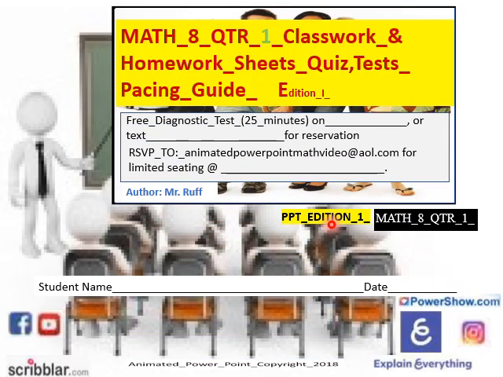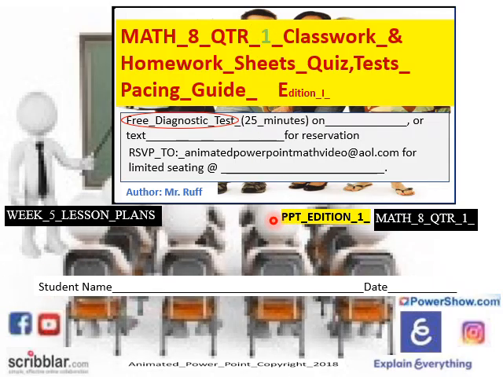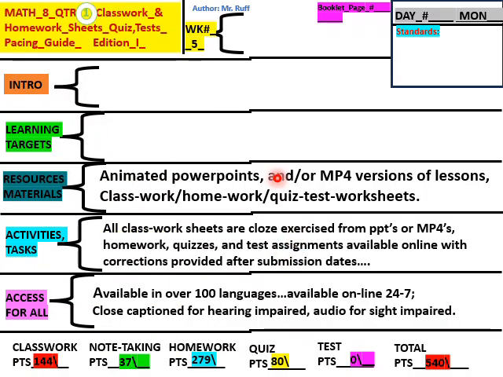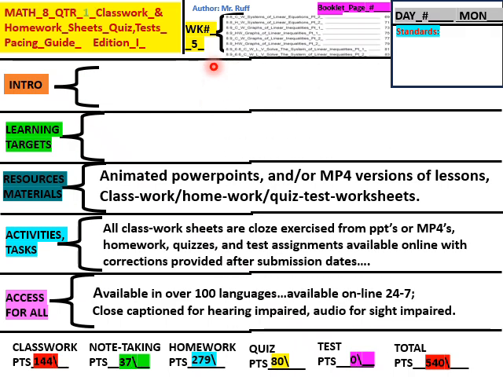PowerPoint edition, and you've got your MP4 video editions as well. Name, date here, students. I know you've received your lesson plans. Let's go right into page 1 of Math 8, Quarter 1, Week 5. And during Week 5, what we cover